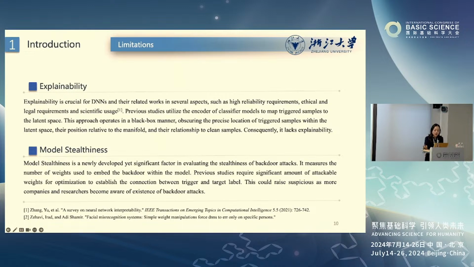So this trigger the latent position relative to examples we all